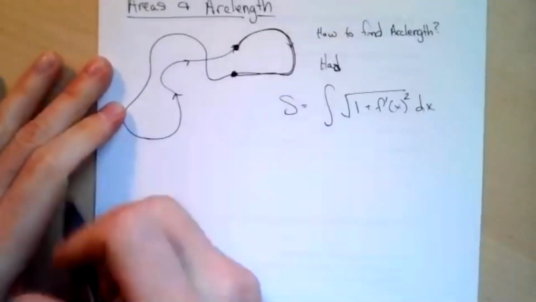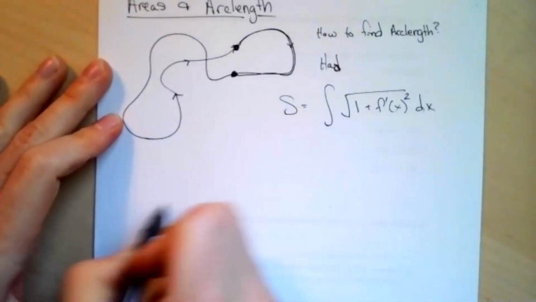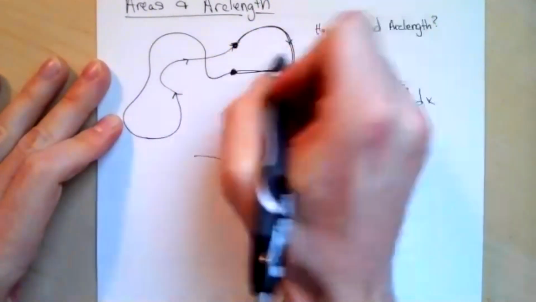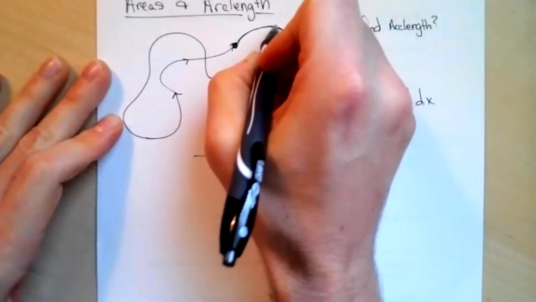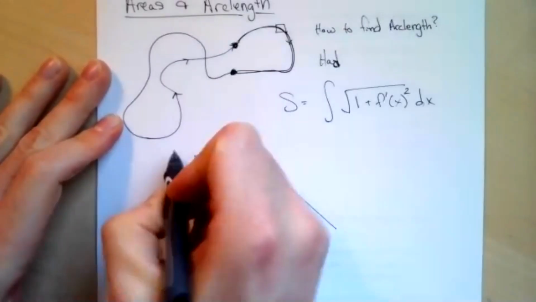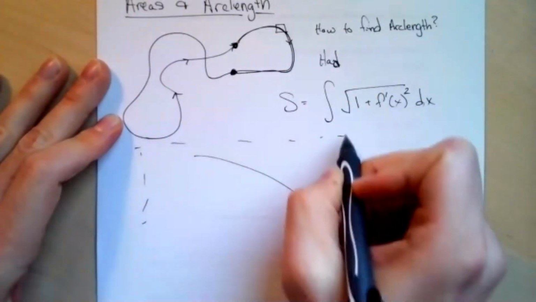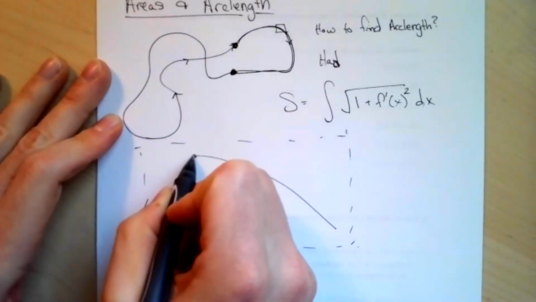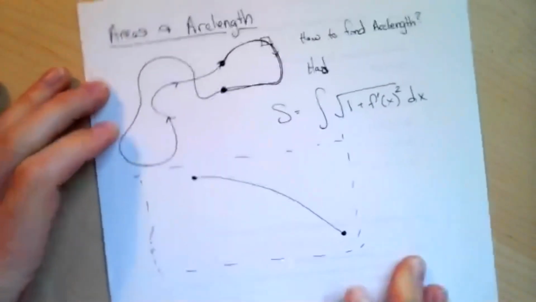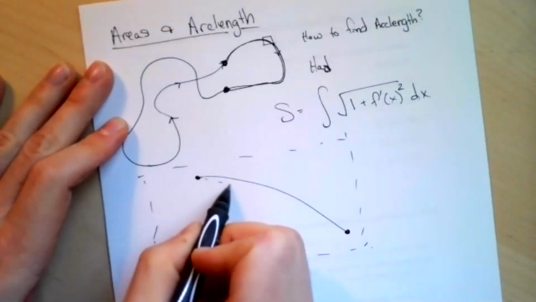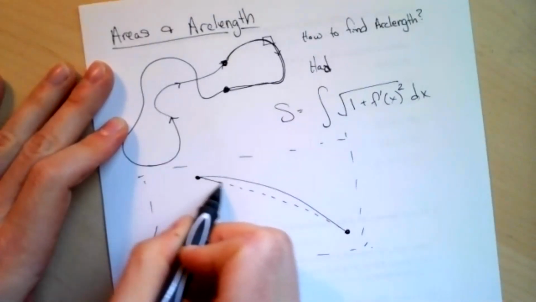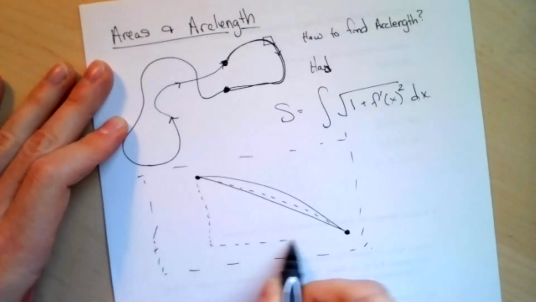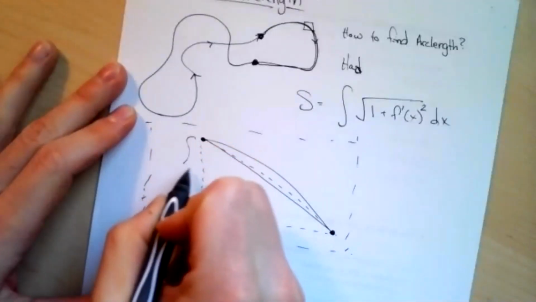But how did we get this formula? So maybe we just take a step back. If we had this curve, let's think of just a small little piece of a curve, and we take a window and blow it up to see what's going on in a small little piece of curve, then what did we do? Well, we approximated the curve with a triangle,